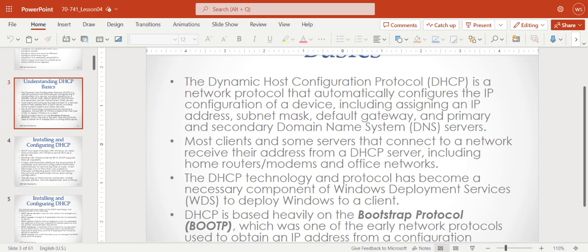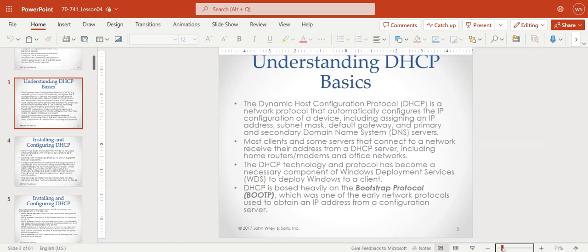Okay, so the concept of DHCP is just a way to assign IP configurations automatically to hosts. Now, the reason I brought the talk about DNS to DHCP is because in well-configured environments, your DHCP works hand in hand with DNS. Because think about this: if I'm going to configure a client or a host, somehow that